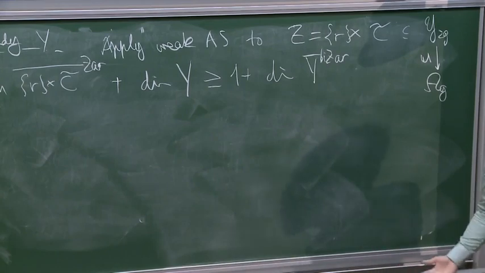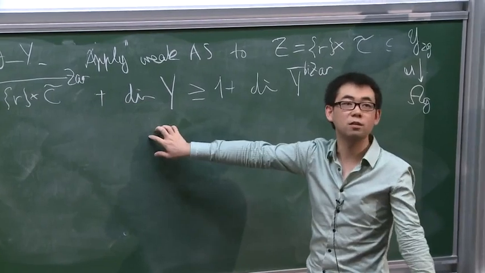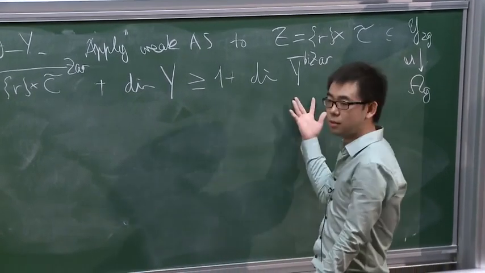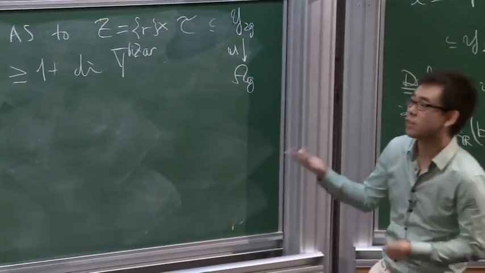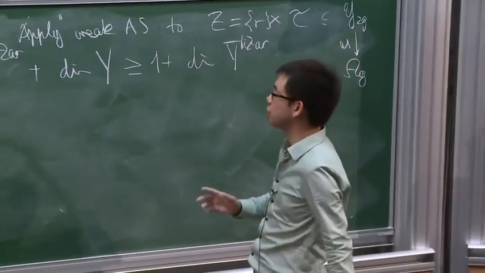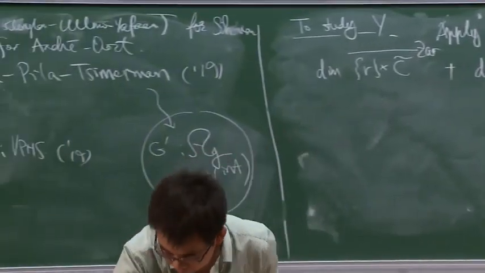Now, in this inequality, actually, we know many things. This is what we want to know, so we don't need to do any operation on it. This is a number. And this is a bi-algebraic thing. Well, in bi-algebraic geometry, usually these kinds of things have very good geometric interpretation, so we don't need to do much about it. So the only thing we need to study is the first term.